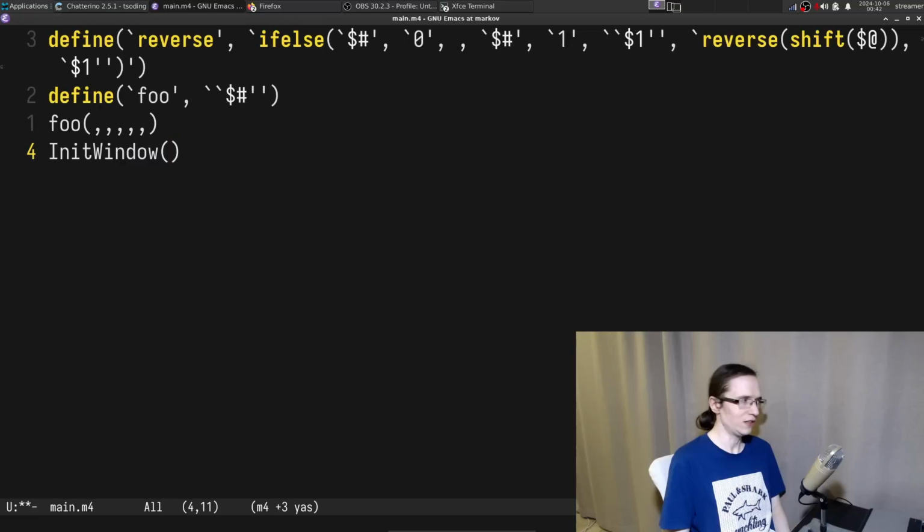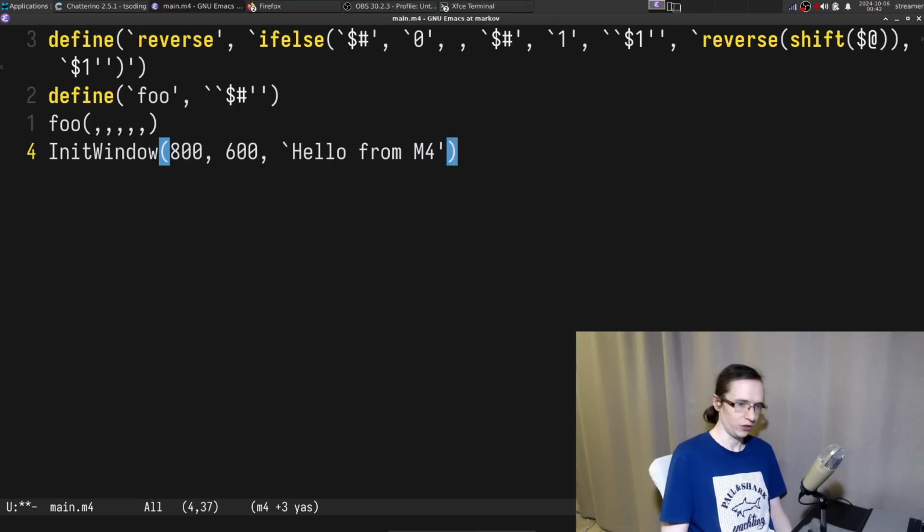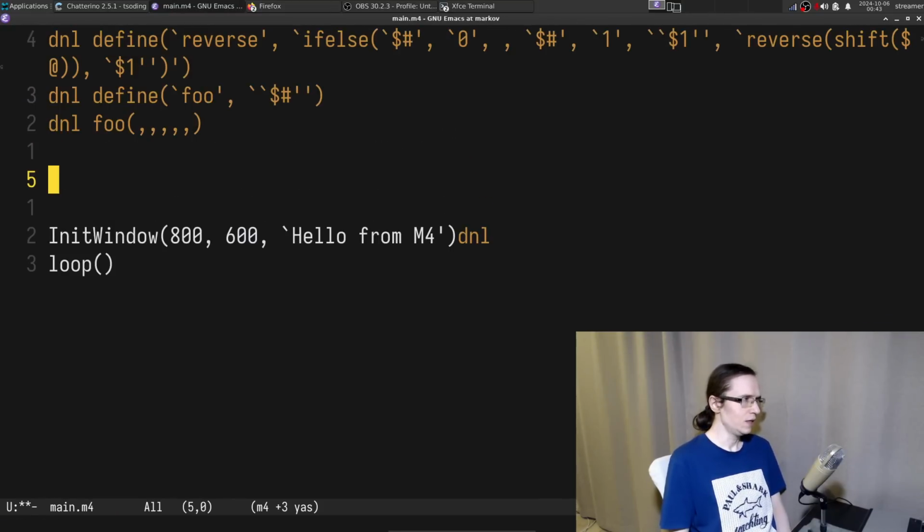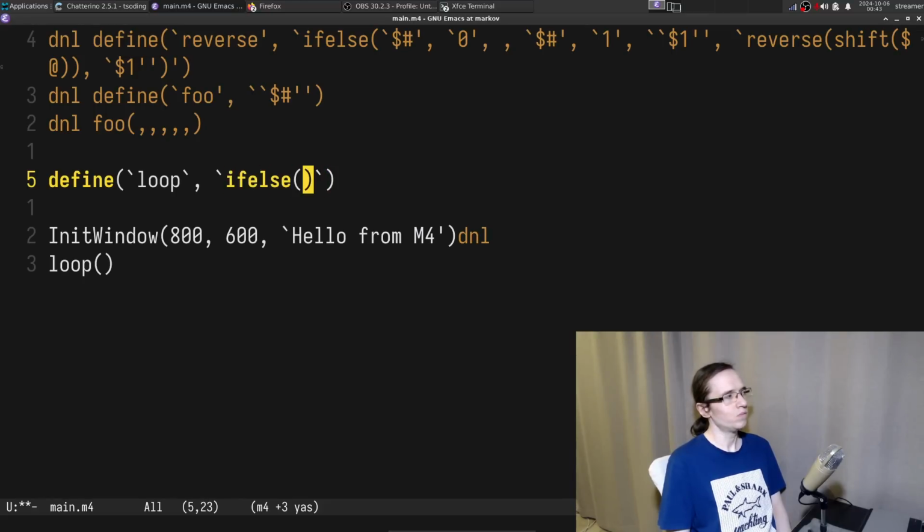And in here we would say something like 800 by 600, and here we're gonna have something like "hello from M4", right? So this is gonna be the first thing. Then we can introduce some sort of a loop. Within the loop, let me comment out this entire thing. So this is going to be DNL, define loop. And essentially in here, we're going to do something like this: if else, window should close